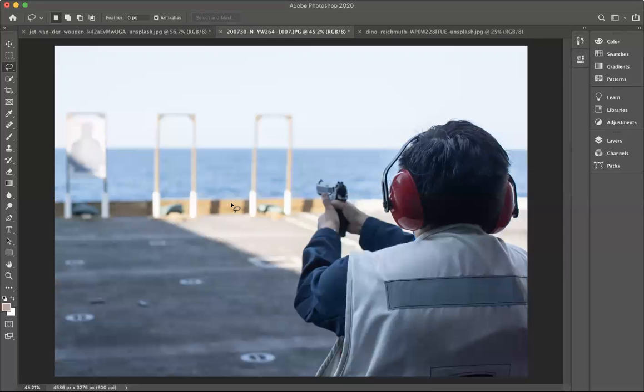My second tool. Like I said before, you can use the Shift and the L key, and I'm just going to do that here. Or you can just go over, click on it, select the second tool. So, what do I want in this picture? So I see here that this target, what this person is shooting at,